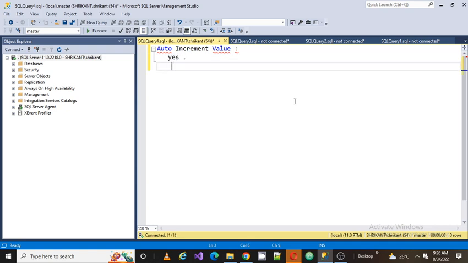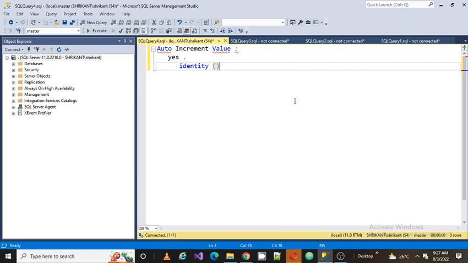How? See what happens in real time when we deal with huge data. We create a table and we load that data into the table. But sometimes there is a need for a number which is automatically incremented, and we don't want to increment that number ourselves. It should be incremented automatically. So in SQL Server we have a special kind of thing called as